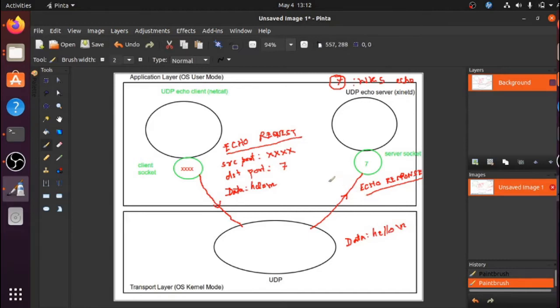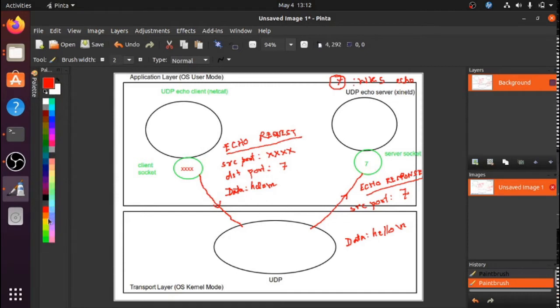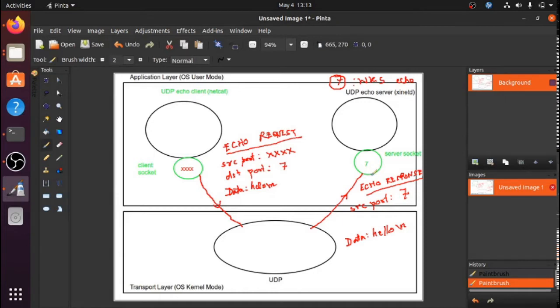The only difference is now, who is the sender, who is the source port? The source port is 7. Okay, what is the source port? The source port is 7. See here, this is the source port. And where does it want to send this packet back? Okay, this is the echo response.